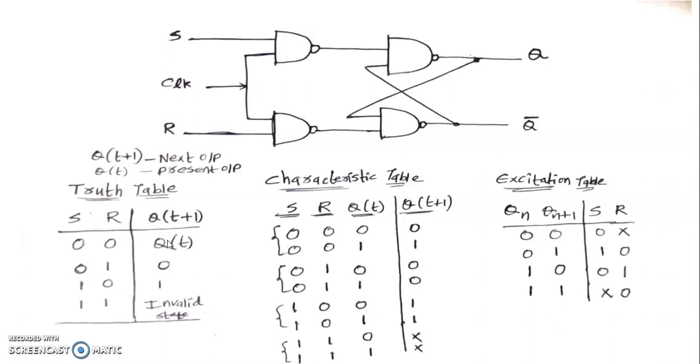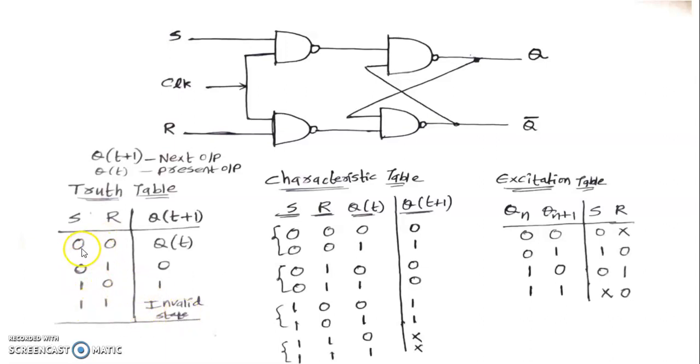So it indicates that it is acting as a memory unit. Why? Because the output is not changing when you give the 0, 0 combination as SR inputs. So this is called memory state. Next, if you give 0, 1, the output will change to 0. If you give 1, 0, the output is changed to 1. If you give 1, 1, it is an invalid combination. Why? Because for 1, 1, Q and Q bar both will be 0 or both will be 1. So it is invalid. That's why the useful states of the SR flip-flop are 0, 0, 0, 1, 1, 0 only. 1, 1 is an invalid state.